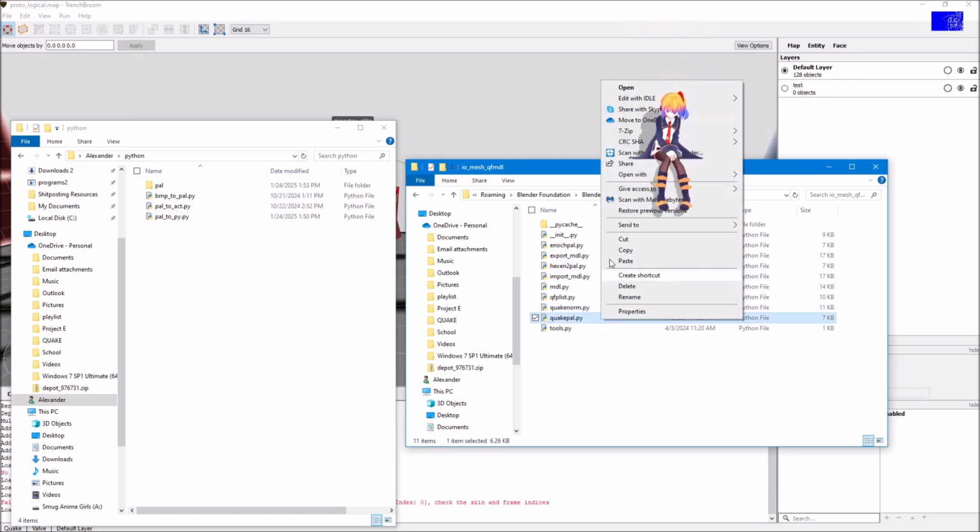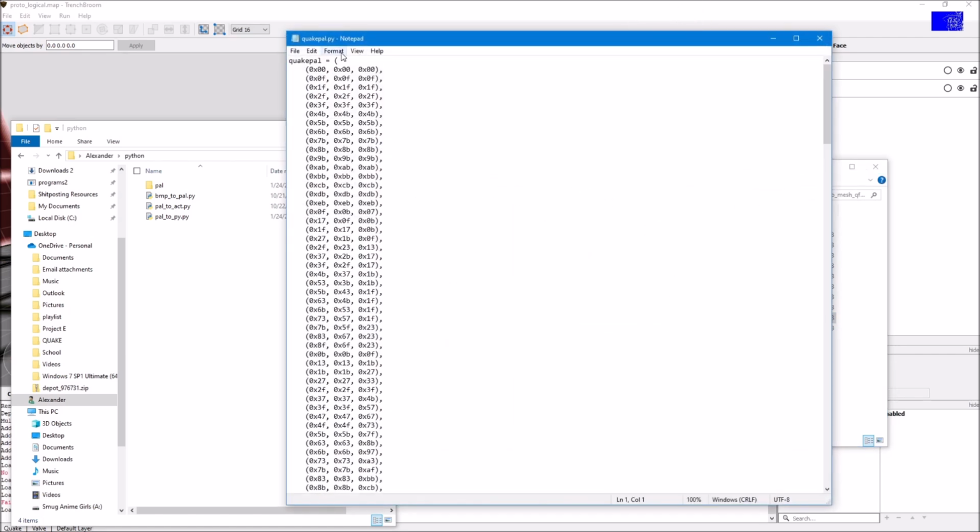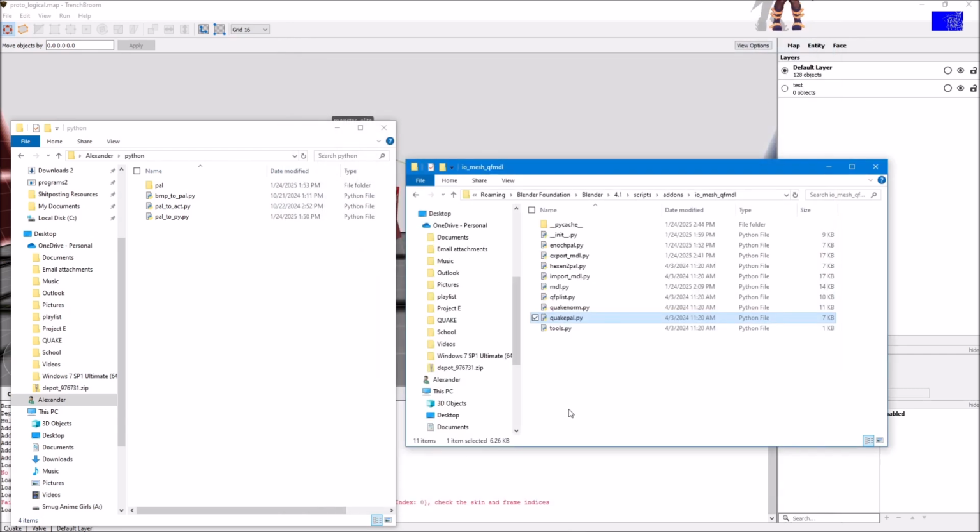So you can see they have their Quake palettes.py, and this is basically the same as a JASC palette file, except it's all hexadecimal in parentheses with commas, and it says Quake palette equals instead of having that JASC header. So that was a tedious but straightforward conversion to make, to actually get my own palette to appear in the